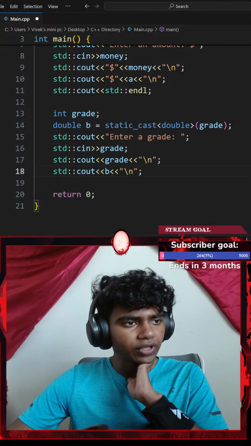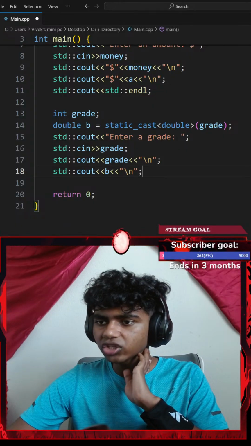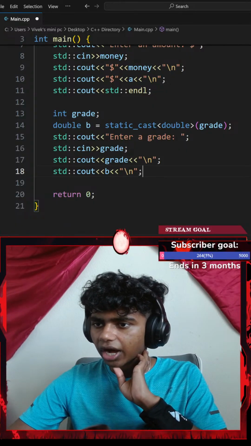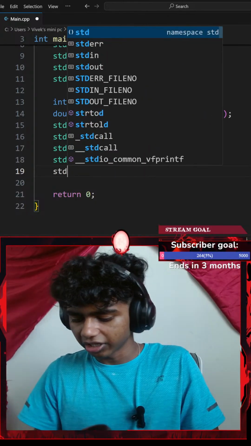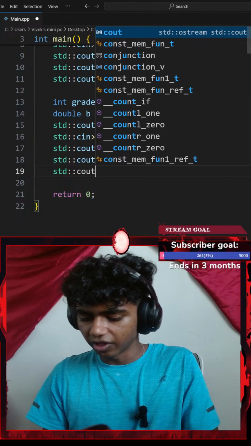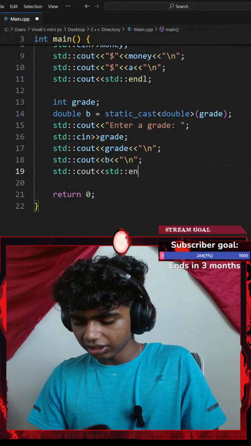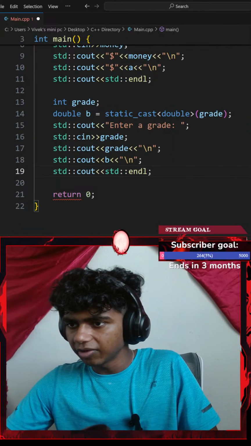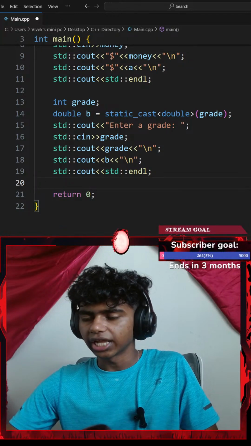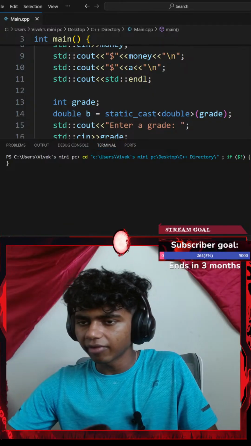Alright, let's see, print the original and scaled grade. So I've got to print the original grade and the scaled grade. I printed that. Okay, that's honestly perfect, I think. Let me go with a standard console output with an insertion operator of a standard end line, ending with a semicolon. Alright, next up, let me actually test that. Let's save the code. Let me go ahead and run the command.